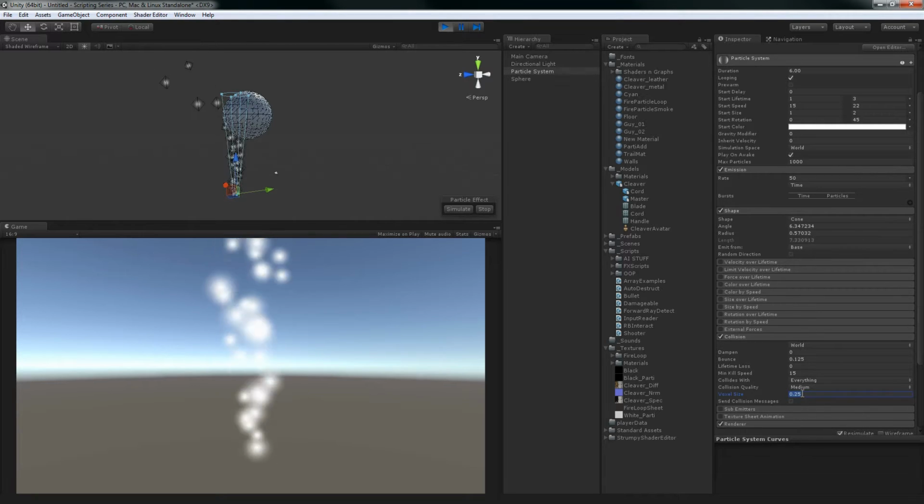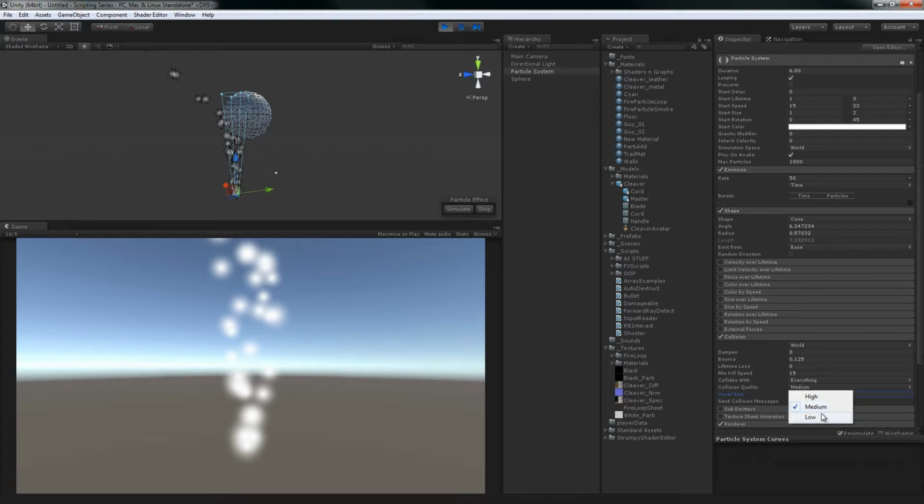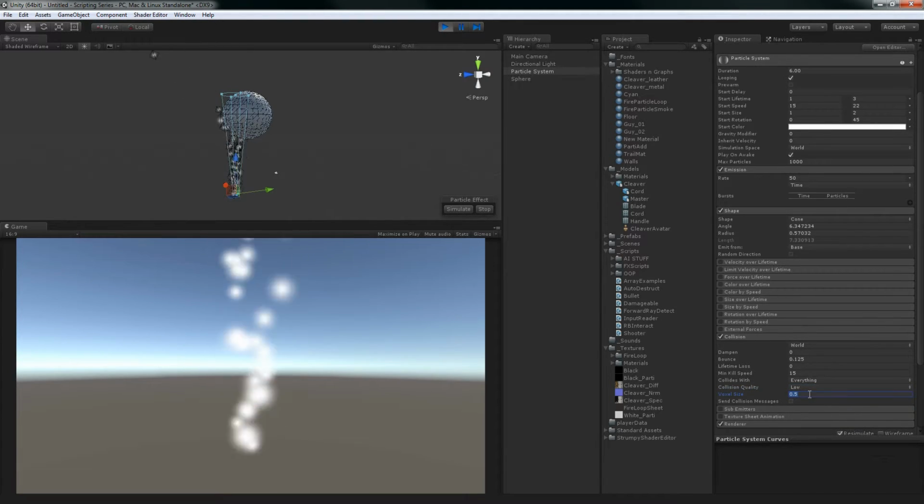So this is kind of a percentage, not a percentage because it's not a percentage value, but kind of the quality level, the lower being the better quality that the collision quality is. So if we set it to low and then we set it to like 0.25, we get a similar result as medium at 0.5 because we're setting the low quality to be of better quality. That's really confusing. I didn't realize how confusing that would be. Anyway,